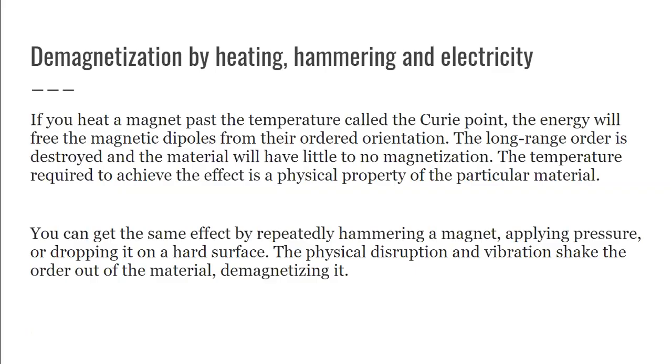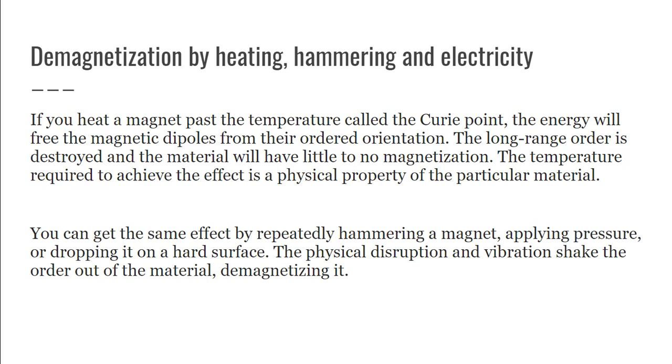Going further with demagnetization, we just mentioned it in the slide before last. Demagnetization means removal of magnetic properties. How does this happen? There are three ways a magnet may lose its magnetic properties. One is by heating, another is by hammering, and the third one is by electricity. Now, if you heat a magnet, what is happening? When you heat a magnet to a certain temperature called the Curie point,